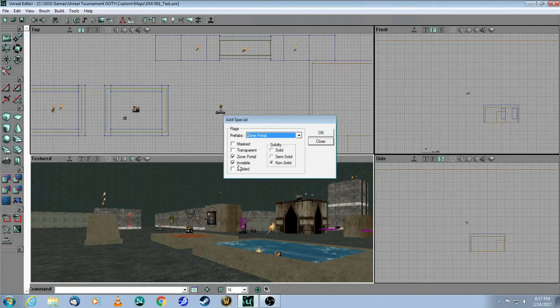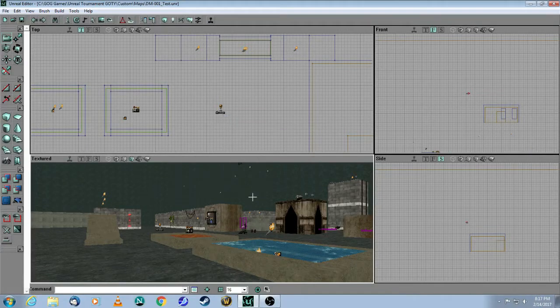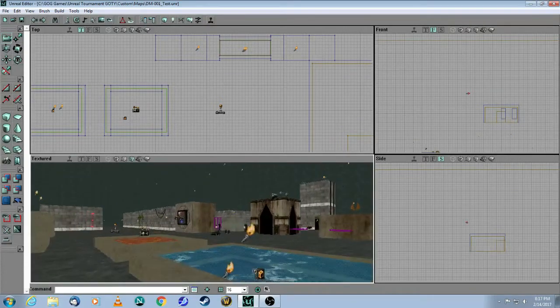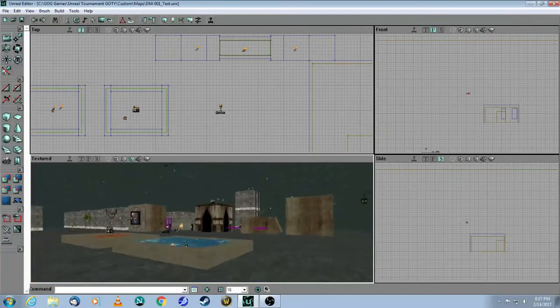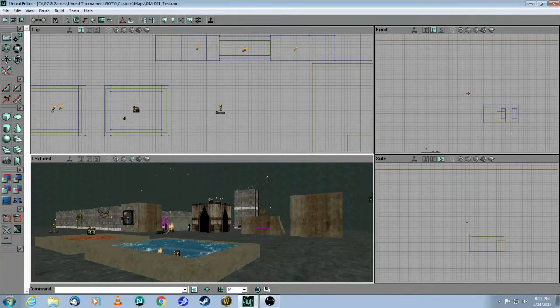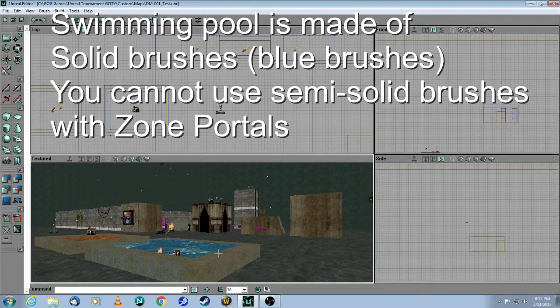So in some cases you will want this brush to be invisible, but in other cases you'll want it to be visible, so you would uncheck that. So we're going to show you some examples of both. In my previous tutorial I showed you the WaterZone. So here I made a little swimming pool. Note that these brushes here are solid brushes,